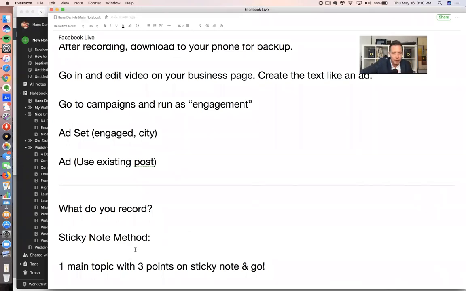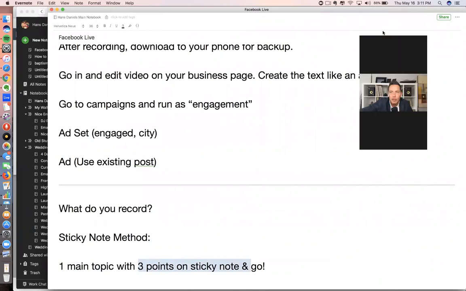All right, so here's the sticky note method. You get one topic, one main topic, and then you have 3 points. One main topic and 3 points. And then